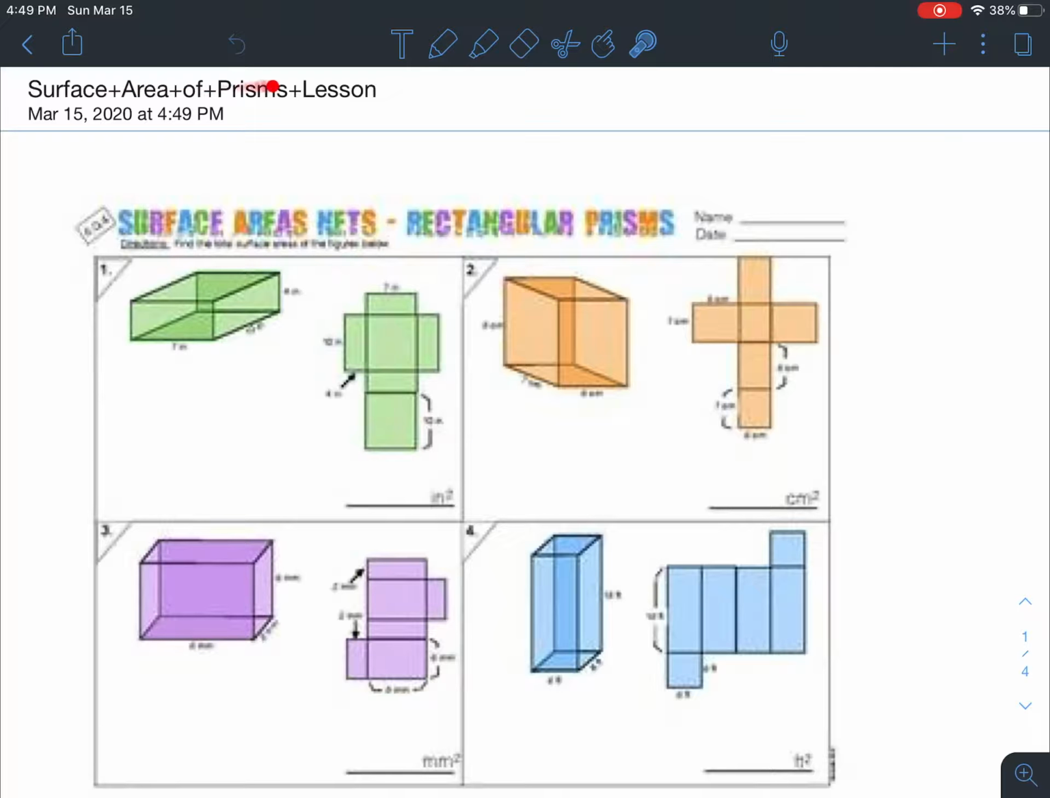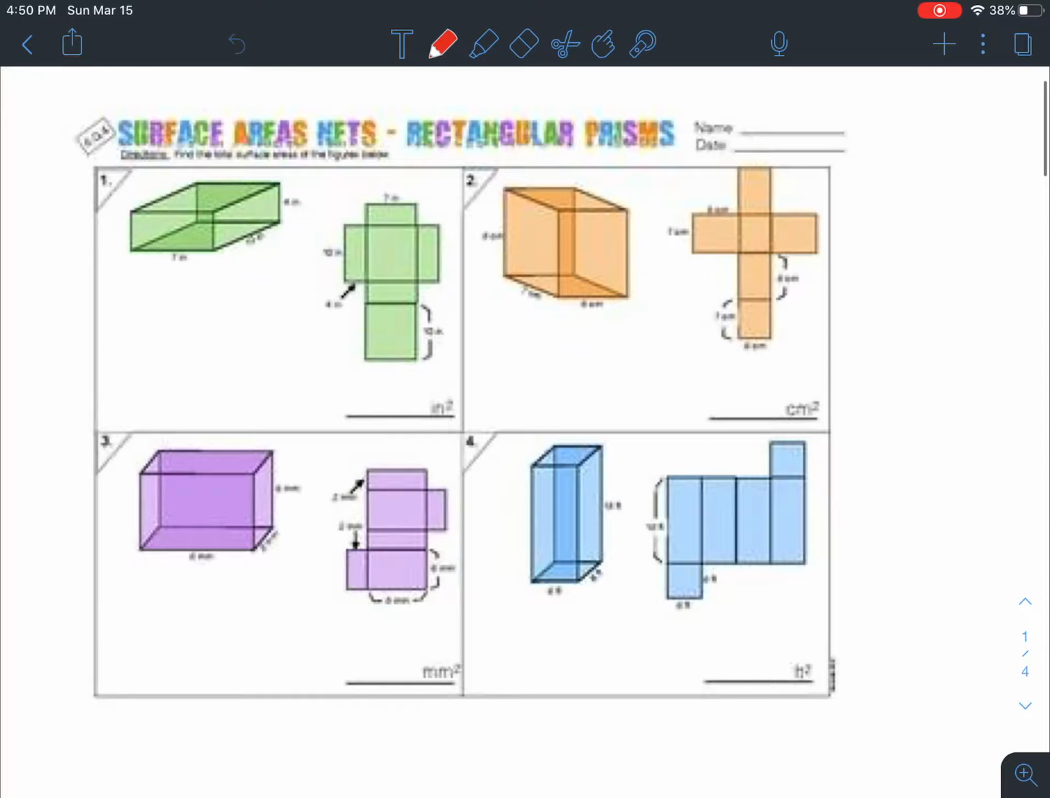All right, guys, day one, e-learning, surface area of prisms lesson. So your first lesson today. This first page, so if you've not downloaded, go hit pause, download this Notability. This first page shows you